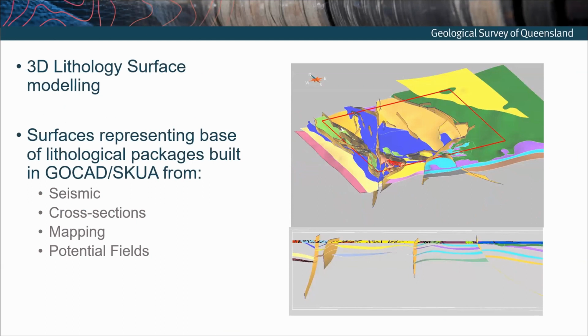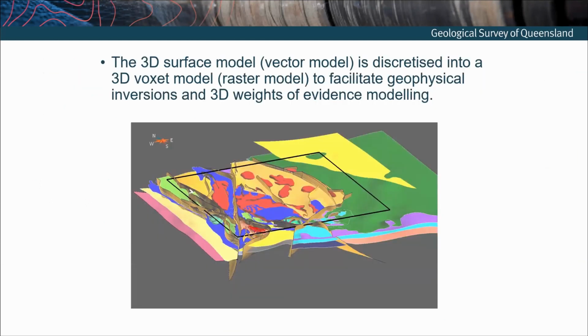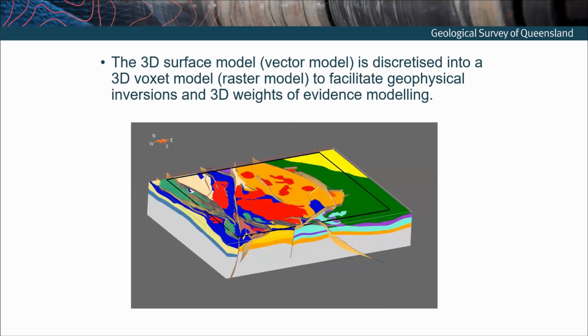That was built in GoCAD Skua, again, built from most of our input data sets that were available at the time. And finally, we took this 3D surface model, which is a vector model, and discretized it into a 3D voxel model to facilitate geophysical inversions and our weights of evidence modeling. So you can see we've gone from a surficial model there into a volumetric model using cells. Or if you think about pixels, these are now voxels, so they're three-dimensional pixels, which we can populate with physical